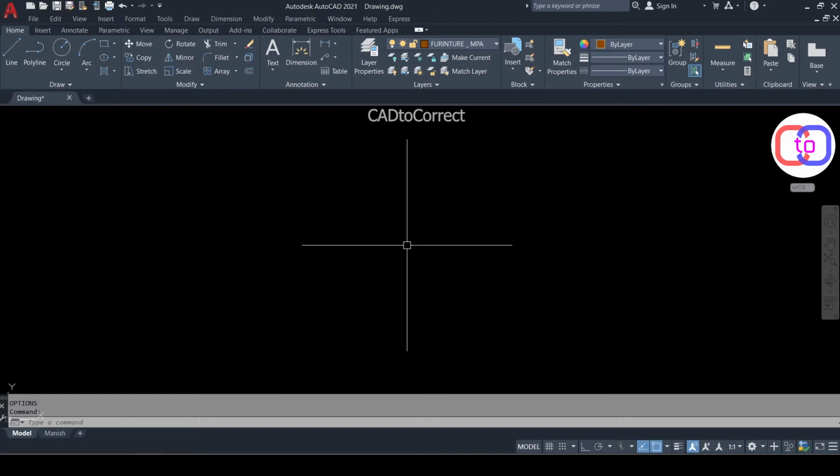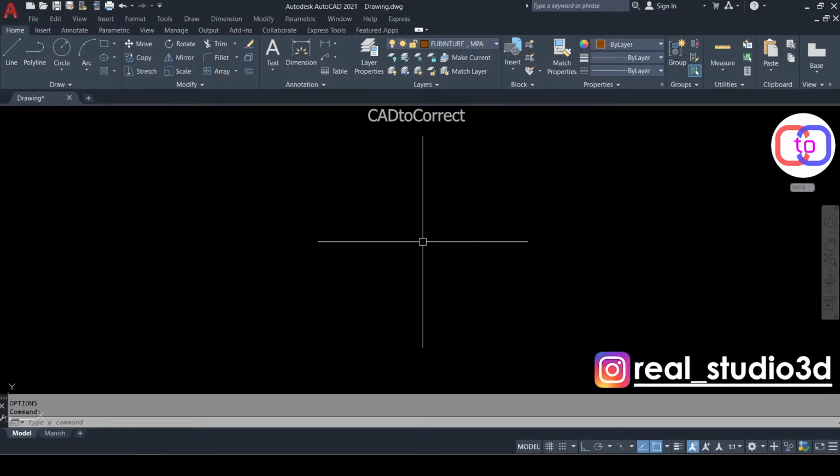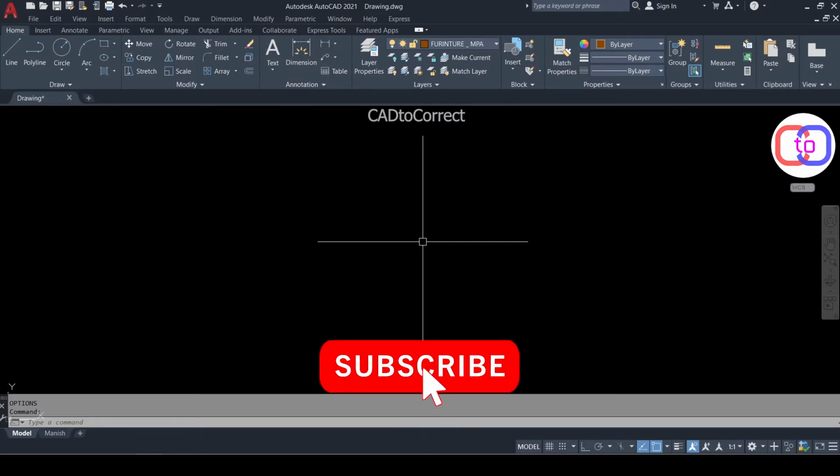Today's video, we are going to learn how we can change crosshair size, which you can see on your display. That is one plus sign with one small rectangle in between. This we call crosshair. How we will change this size from small to bigger or end to end, which covers